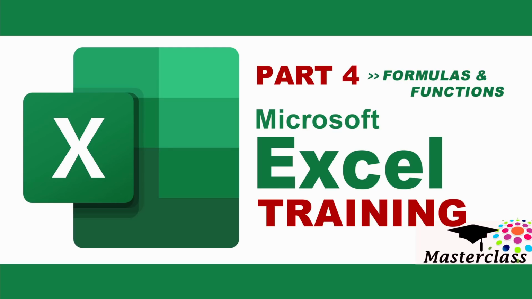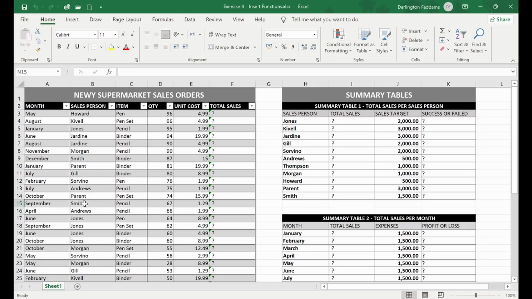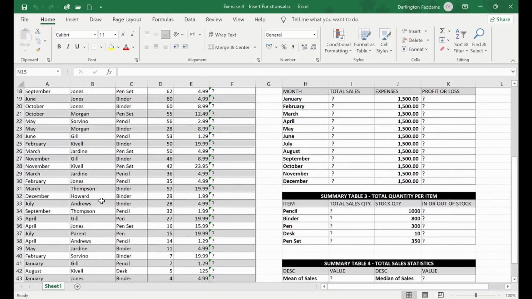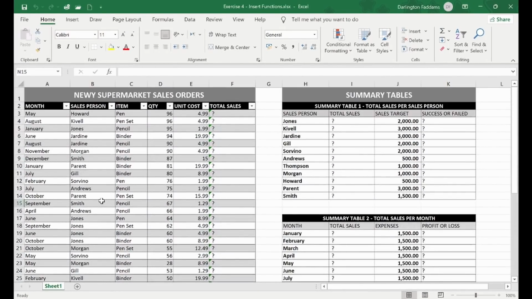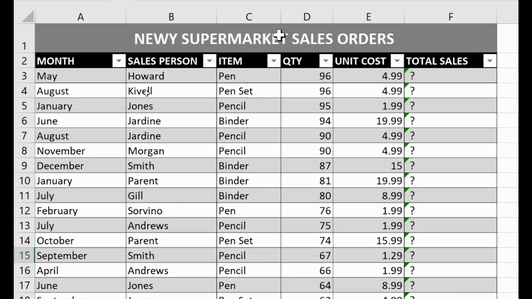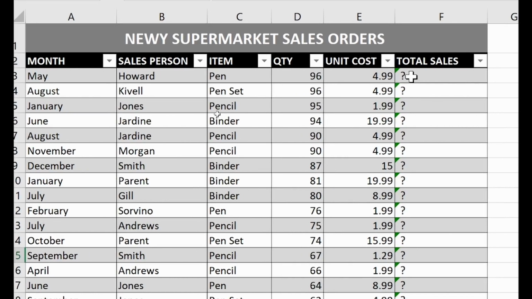All right, today we are going to talk about certain features in Excel, and we'll also talk about a number of functions. So today's lesson is about Excel features and functions, and we have this assignment here, this exercise here, and based on what we will study, we are going to complete the tables we have here. This is our exercise for today, and we are supposed to complete the table and fill in where the question